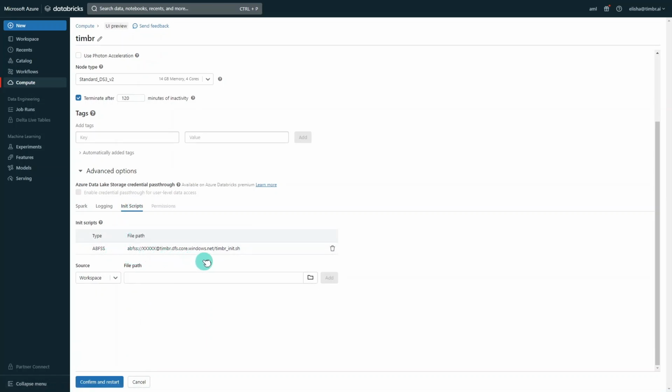You can manually download the init script and install it in your Databricks file system, or put it in your S3 or Azure Blob file system object storage. When connecting to S3 or Azure Blob file system, you'll need to provide the credentials in the Spark configuration to be able to access the init script. And that's it. Now that we successfully set up the connection to Timbr, let's move to the Catalog Explorer and